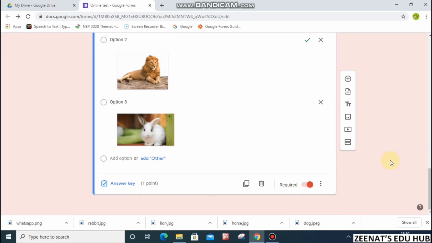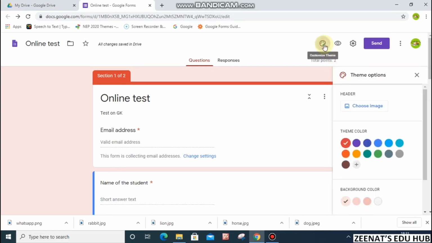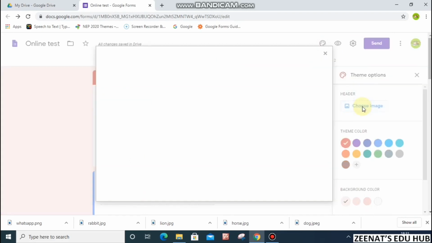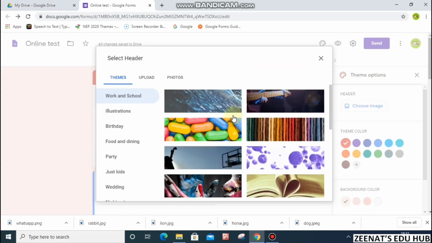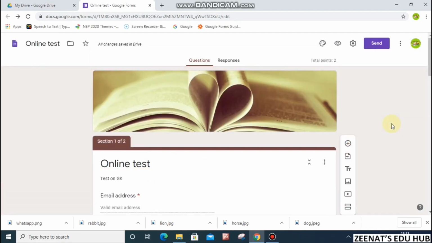Now let us customize and make our form presentable by adding an image to the header. For this, we'll choose any image and insert it. Now we can see that the image is inserted and even the background color is changed automatically.